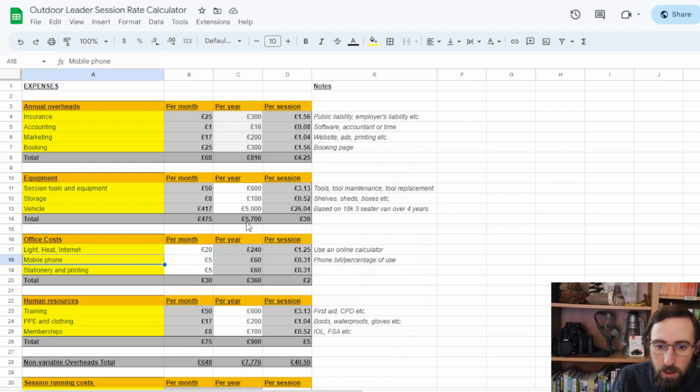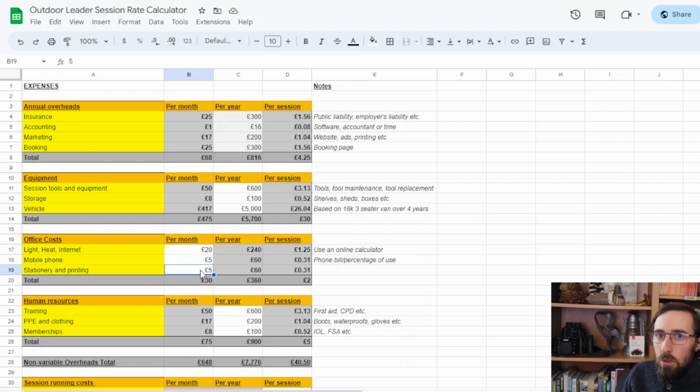If you need an extra large contract for a mobile phone, say you're sending a lot of texts or uploading a lot of photos in the field or taking videos or shooting live streams, something like that, you may need to have a bit more of a budget for your phone. And you will likely also need a budget for stationery and printing.